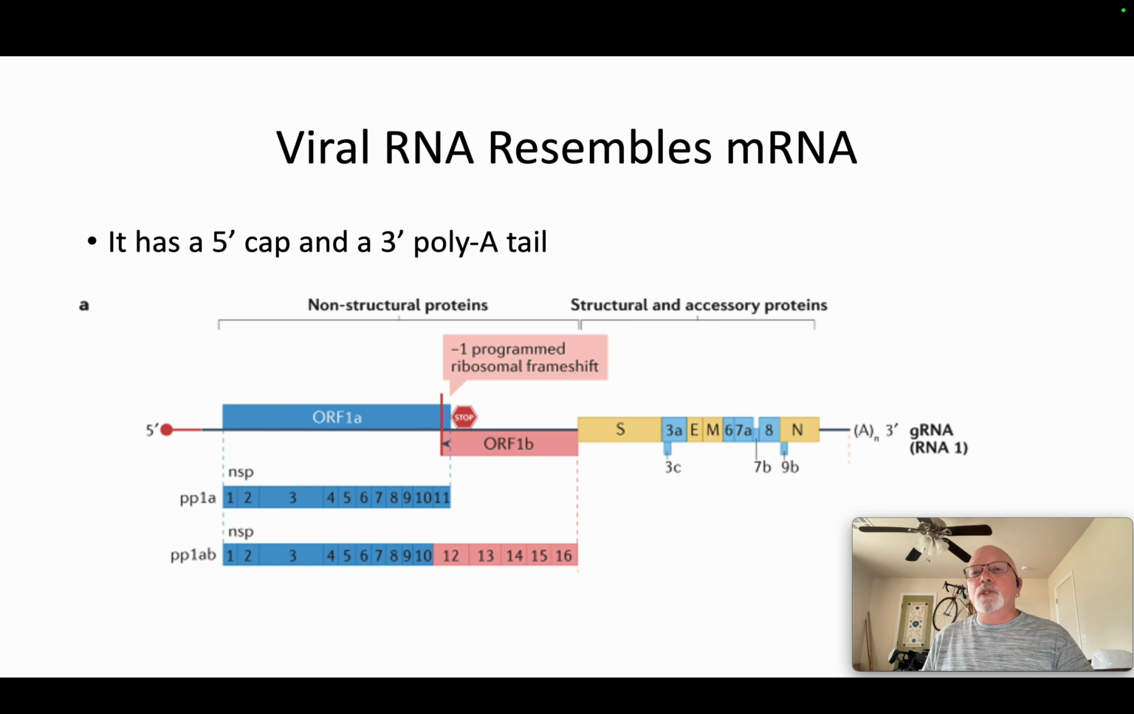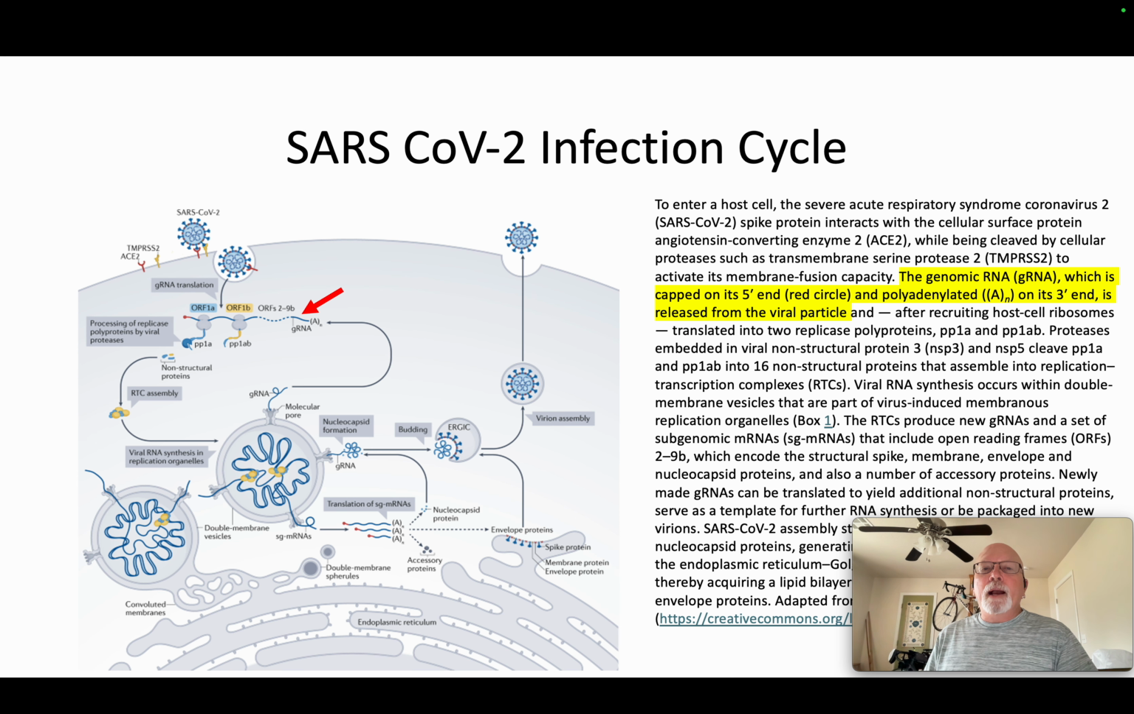And the RNA of the virus looks very much like messenger RNA. So this is viral RNA. It has a 5' methylguanosine cap. It has a 3' polyadenine tail, and it has a bunch of coding sequences in between. The first two of these coding sequences code for a set of proteins, and these proteins are specific to creating copies of viral RNA. So remember back when we talked about